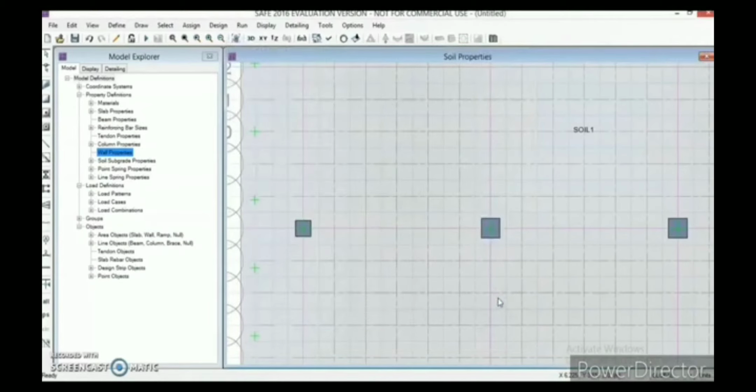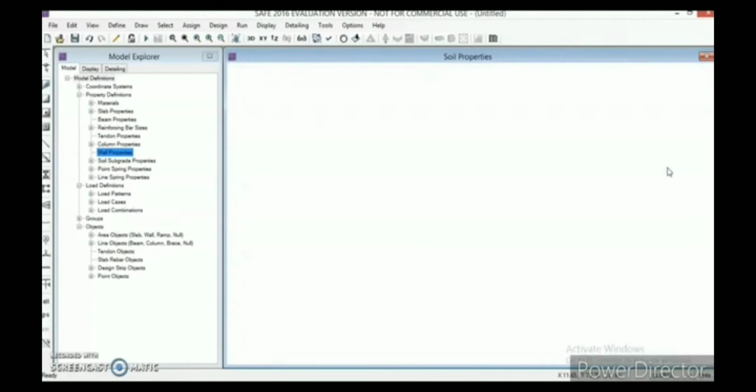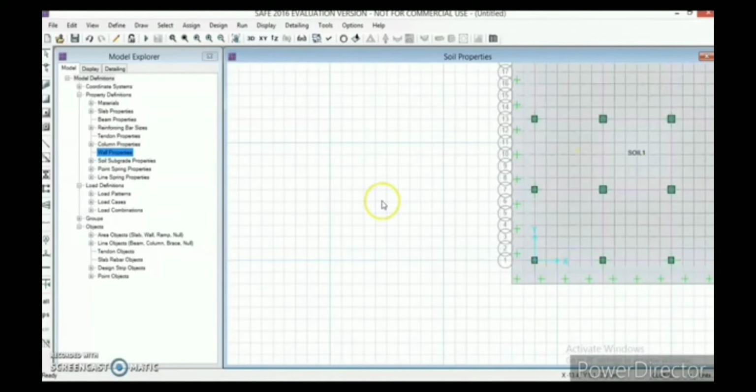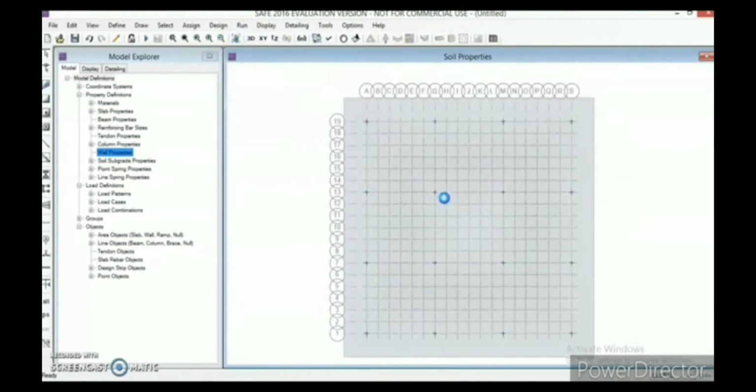Now we need to assign the rebar material to our design strips as well. Firstly, let us see those design strips, how they actually look. We are unable to see the design strips because they are beneath the foundation footing. Right. So now let us see. You can see them.